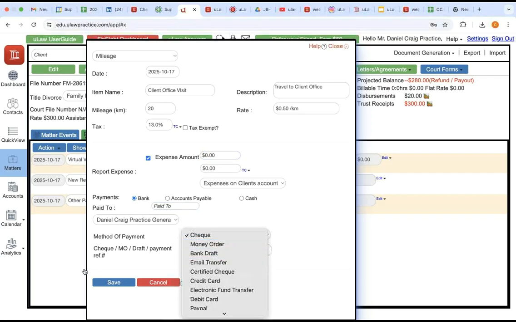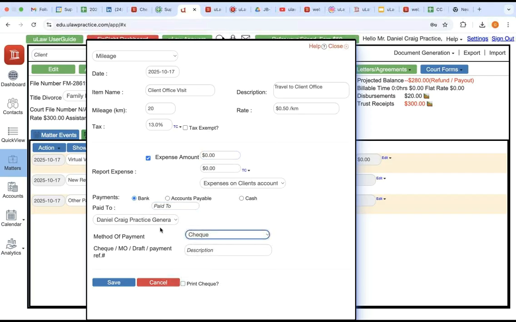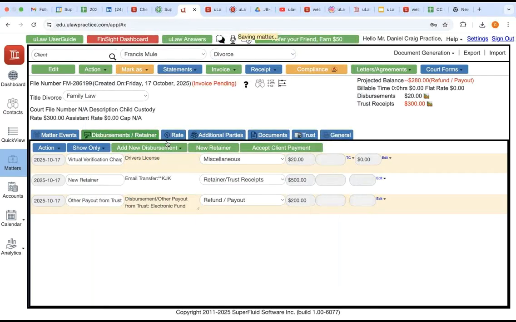Okay, so you leave the bottom portion empty, so you don't worry about who it was paid to, because you didn't actually pay anything. You're only charging your client as a mileage.